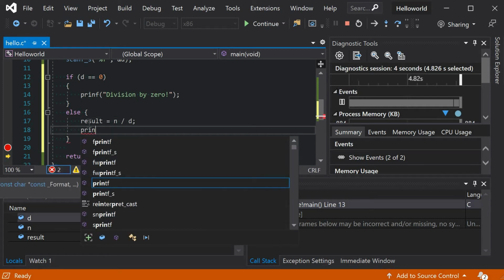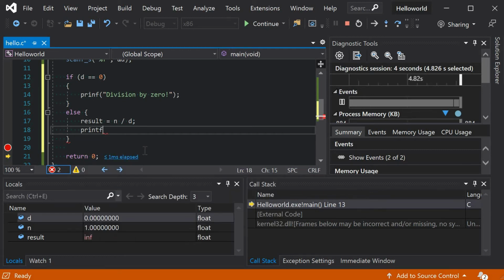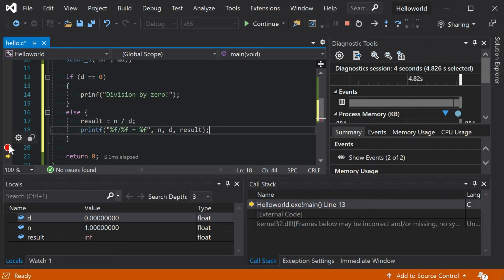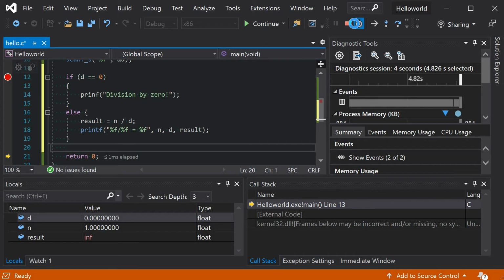printf "%f divided by %f is equal to %f." And as the arguments, the first argument is n, the second argument is d, and the last argument is result. So if we clear this breaking point and put the breaking point on line 12 and restart debugging,